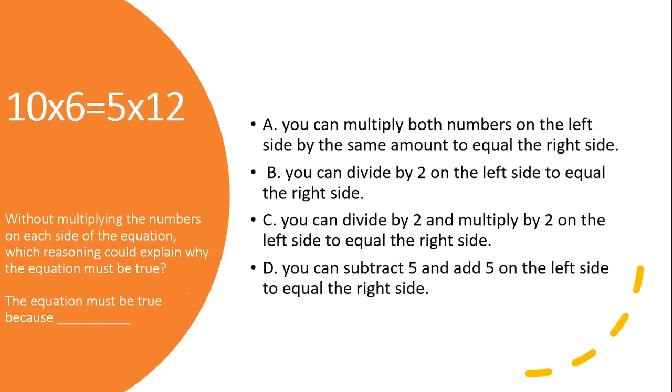We're not going to worry about all of these words yet. We're just going to solve the problem first. So 10, I want to see what I could compare it to get the answer of 5. So I know that 10 is 2 times larger than 5, so I have to divide 10 by 2 to give me 5. If I divide this one by 2, then I have to multiply 6 times 2, because when I'm doing multiplication, I do the opposite